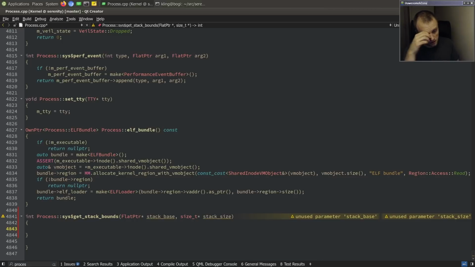I guess we can just look at the stack pointer when we enter the kernel. We'll just check what the user space stack pointer was at that time, and then find the memory region that the stack is in, and then we just tell you the bounds of that memory region. So it will be something like